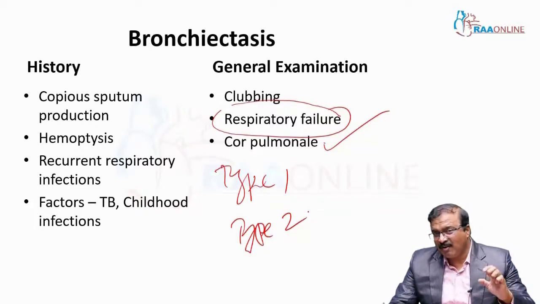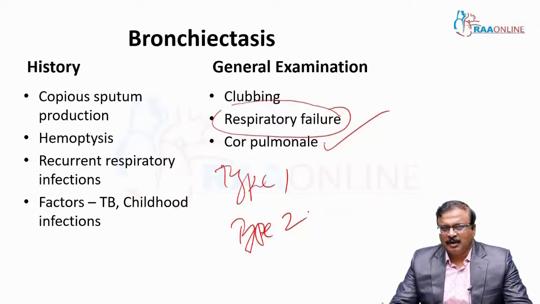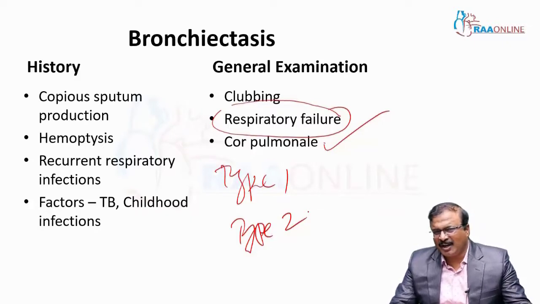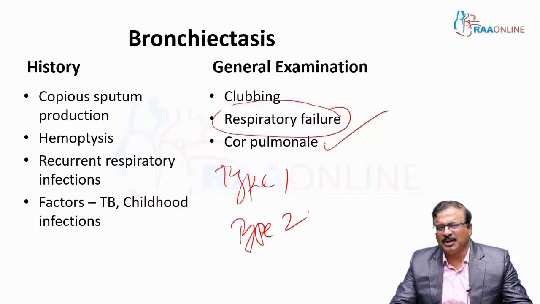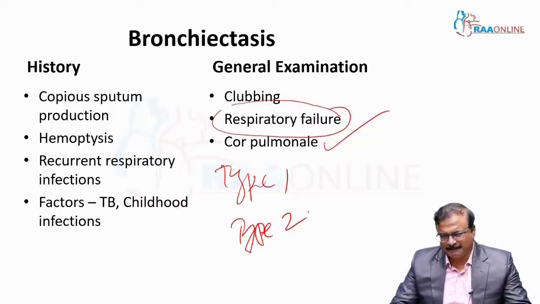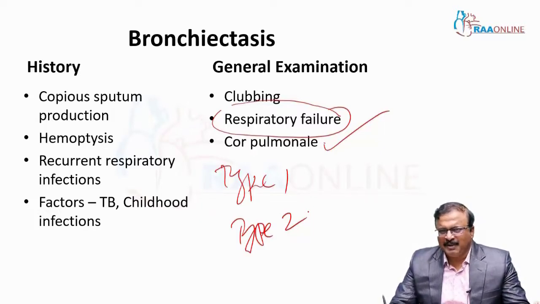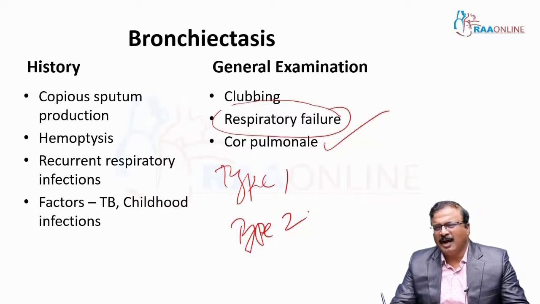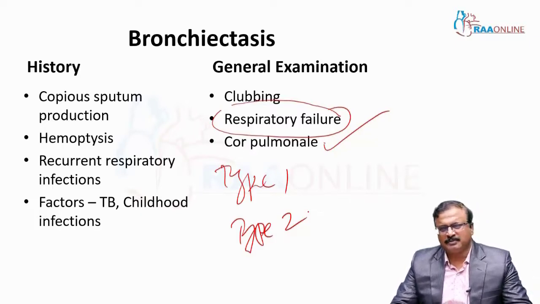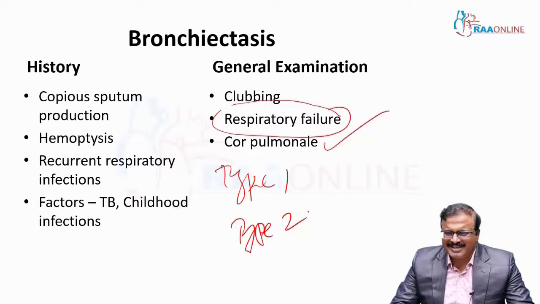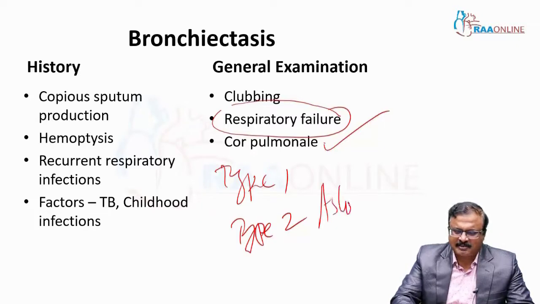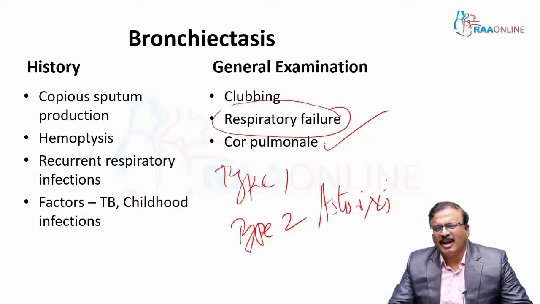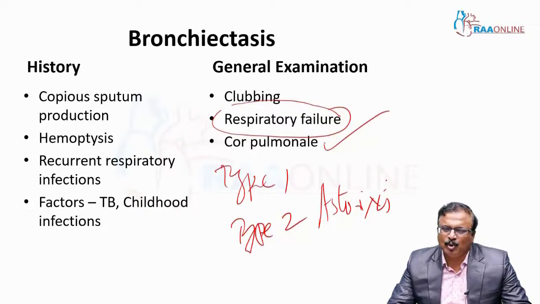What are the signs of hypercapnia? Even in history itself, you can have a clue that the patient has recurrent confusion or feels drowsy. That means the patient could be having hypercapnia, type 2 respiratory failure. Two important signs are the pulse will be bounding and the patient will have asterixis. One of the respiratory causes for asterixis is type 2 respiratory failure.